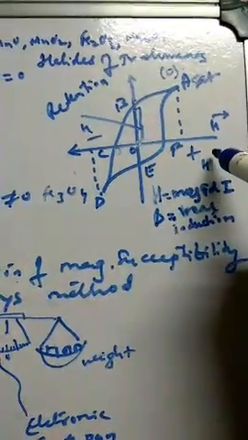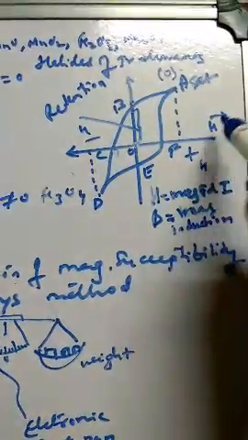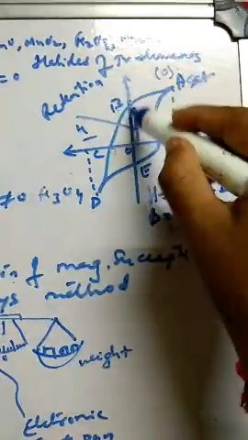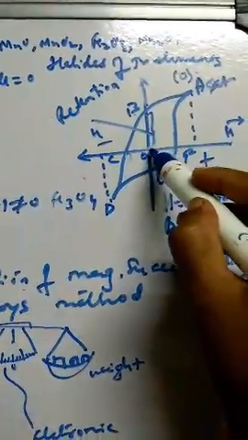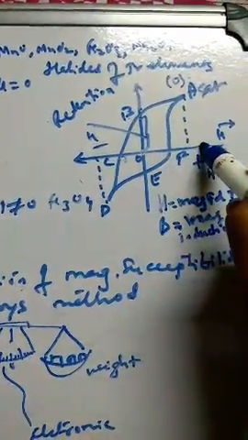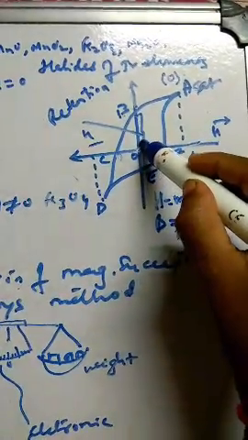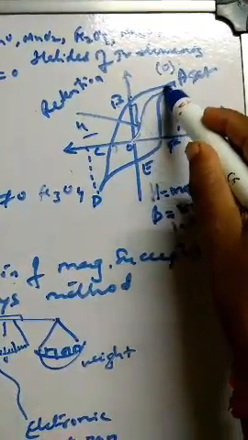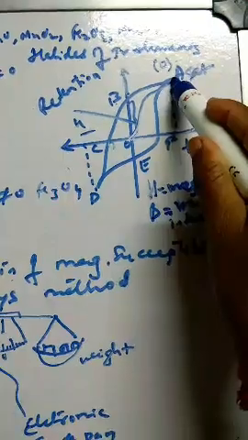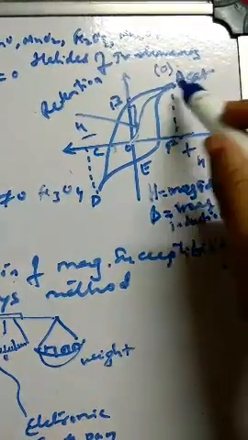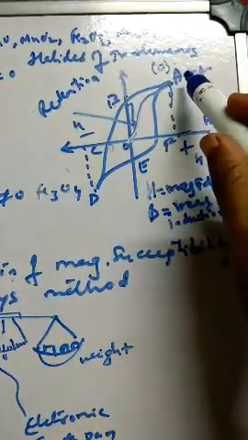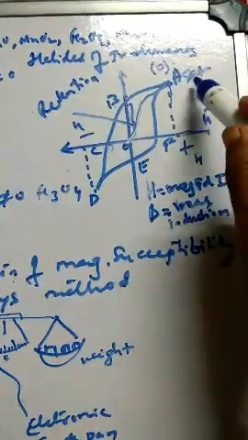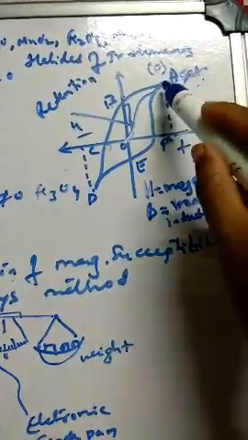So if you apply the magnetic field intensity H and look at the induced magnetization B value, you can see that as you increase the magnetic field, the induced magnetic field increases up to a certain level. Beyond that, even if you increase the magnetic field, you will not see any further increase in the induced magnetism. That we call saturation. This point we call the saturated point.